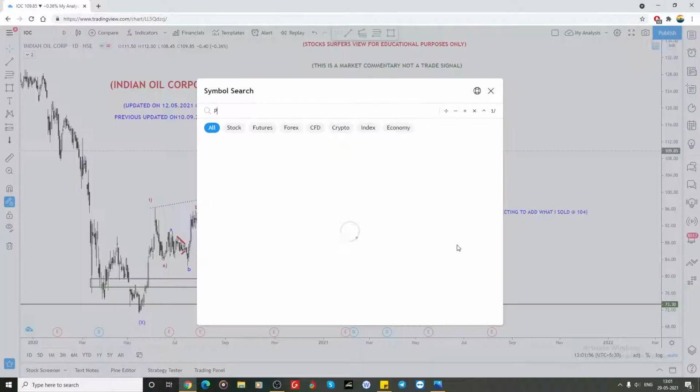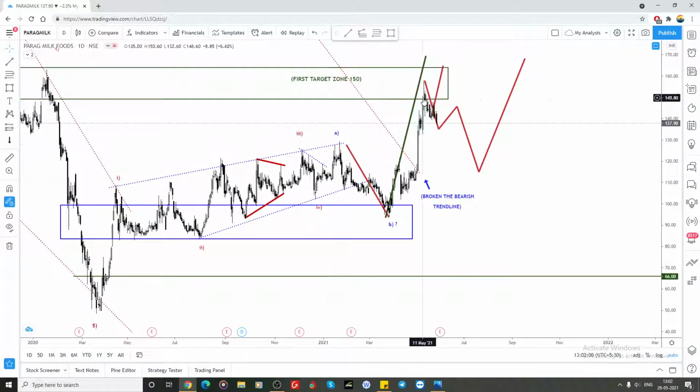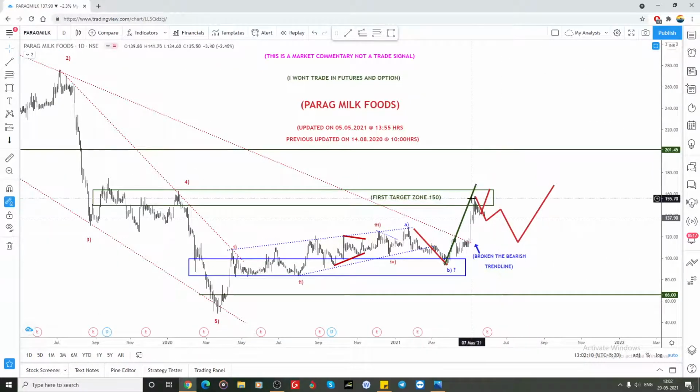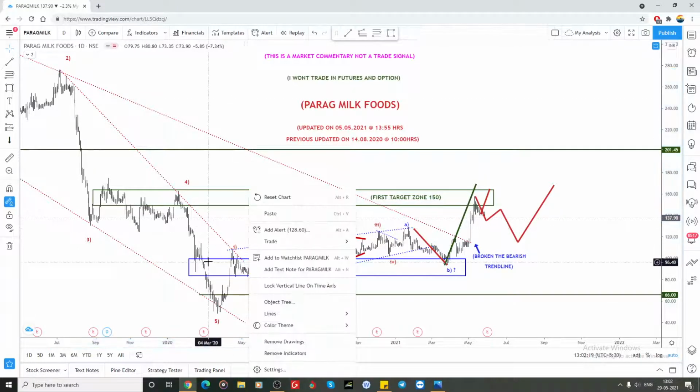So next is Parag Milk, as I said, right? From here, whether it is going to shoot for the 5th wave or it is going to come to this zone as again a WXY. So only in the 3-wave structures, whether it is a 3-wave structure in the smaller time frame or in the bigger daily time frame, this is the maximum. Here now it is a